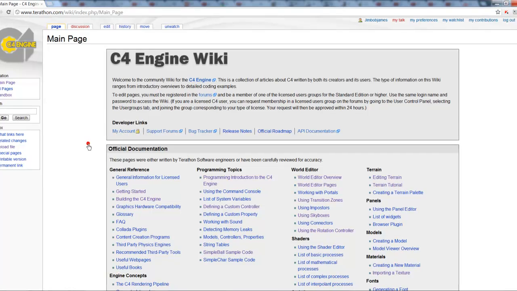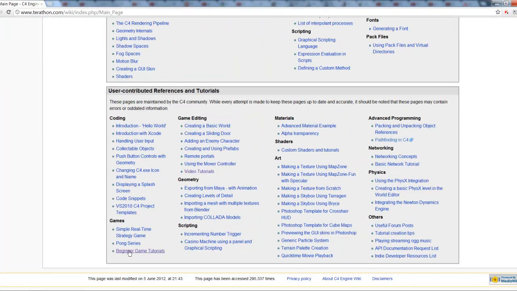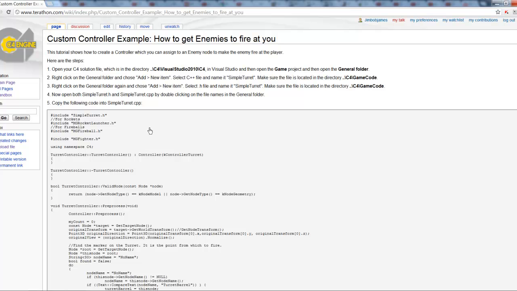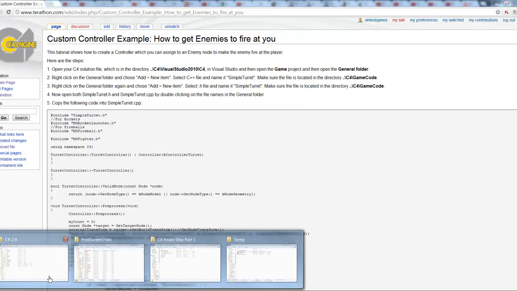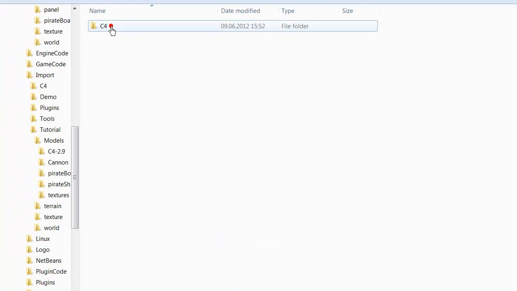If you scroll down to the user contributed section under games, I have a few game tutorials here. If I click on that, you can see them. The one that's relevant for this example is how to get enemies to fire at you, and the code is here. So let's start up the Visual Studio solution,